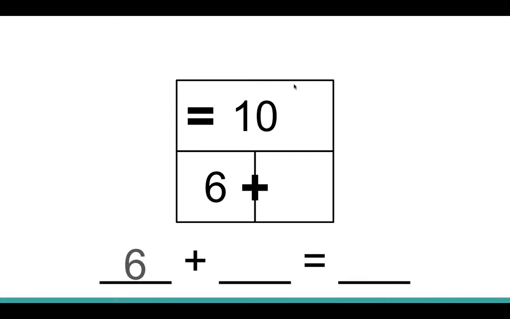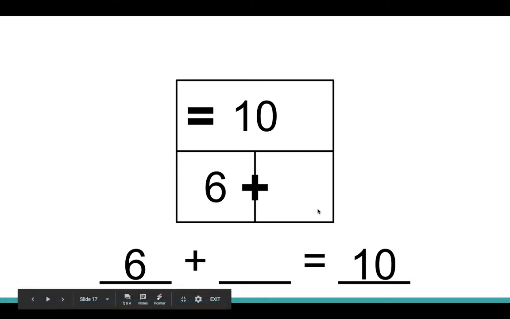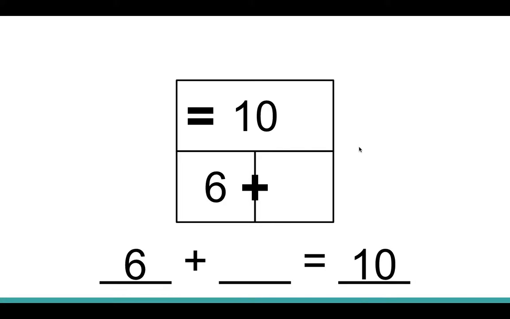If I bring it back to my equation, I know that that would be 6 plus blank equals 10. I leave this part blank in my equation because my other part is missing over here. I can use counters to help myself. If I have 6 as one part, I need to figure out how many more to put in my other part to equal 10. So I would count on 7, 8, 9,